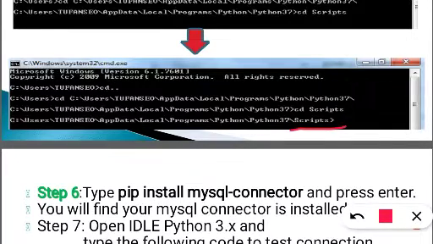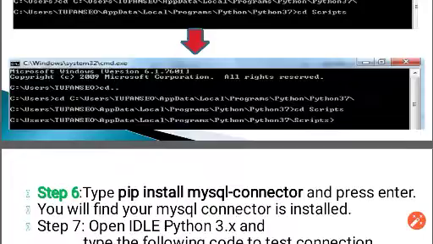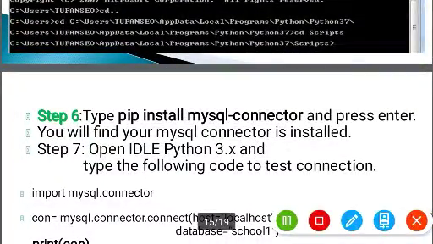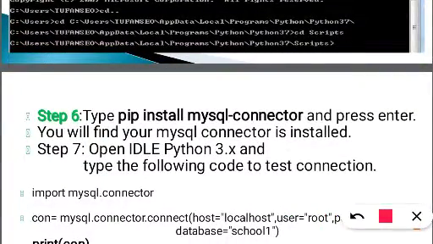Okay, so after getting into the scripts folder, you have to write this one, pip install MySQL connector. So pip install mysql hyphen connector. Hyphen is important, it's not underscore.